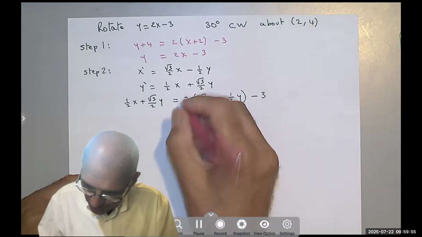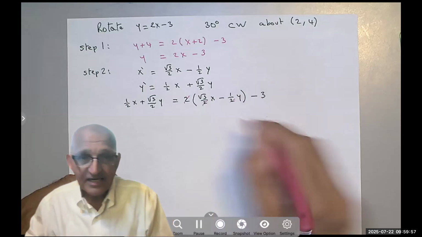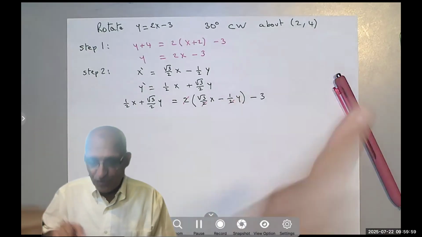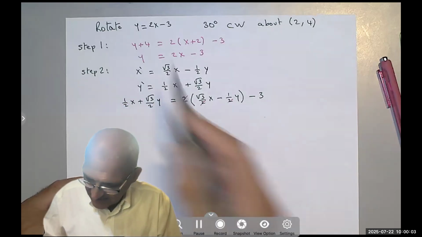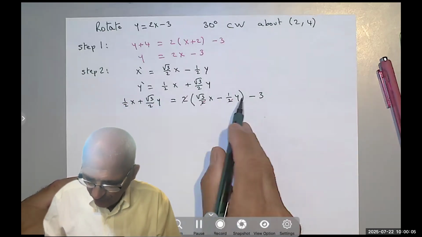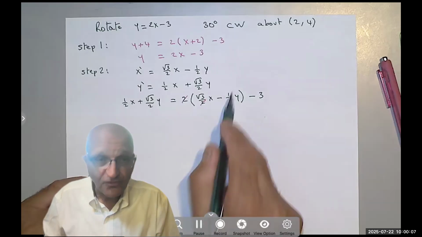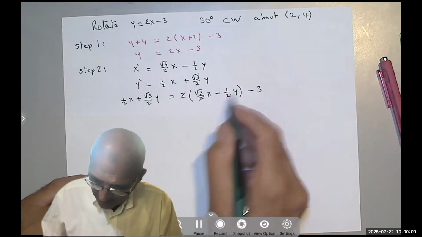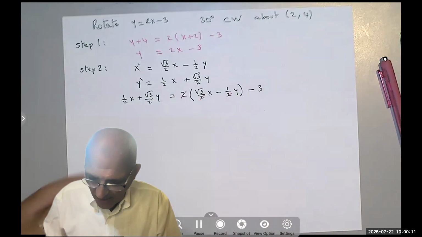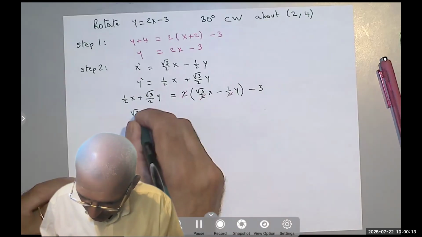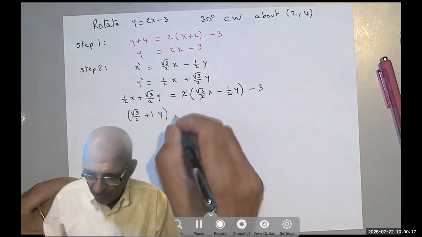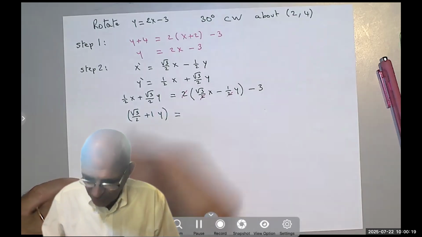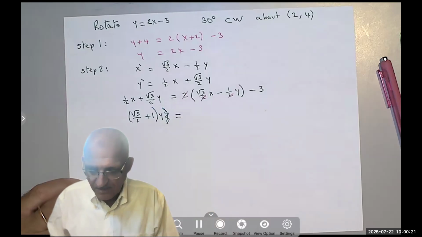The 2 with the 2's here, you can cancel that by distributing the 2. And I'm going to move the y on the left-hand side. So this would be negative y because notice 2 times negative 1/2 is negative 1. So when I move it to the other side, it becomes y. So I get root 3 over 2 plus 1y equals